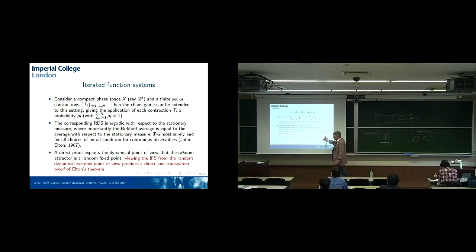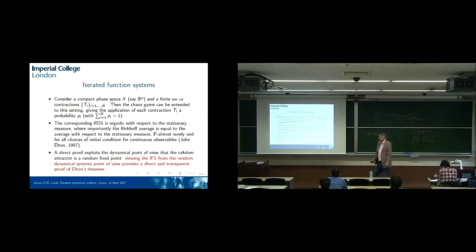as I said, the direct proof that you can do, and maybe that's also a possible exercise, is to show that if you know about a random fixed point, you can actually reprove Elton's theorem, which Elton doesn't really use that directly at all. He doesn't really use that point of view, and maybe it's more cumbersome. So I'd like to say a little bit more to finalize the talk about this application of iterative function systems,